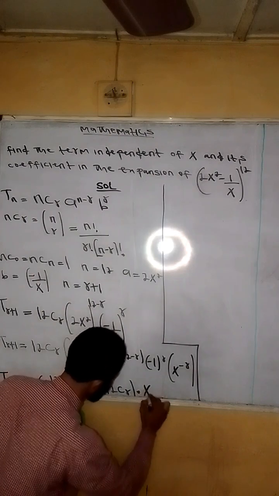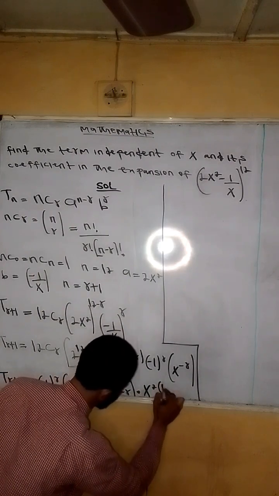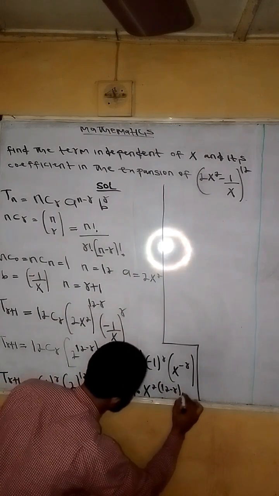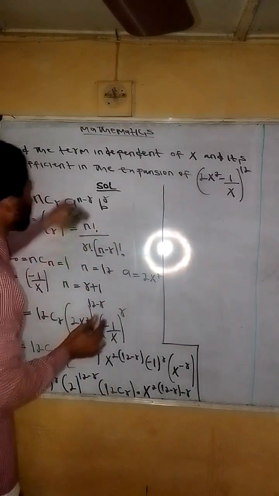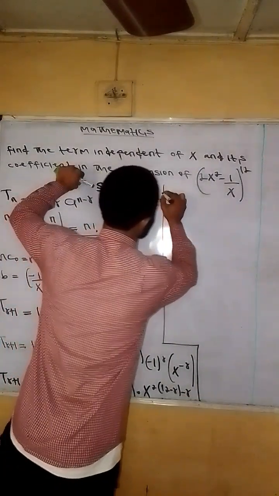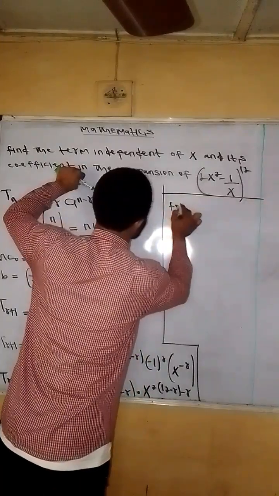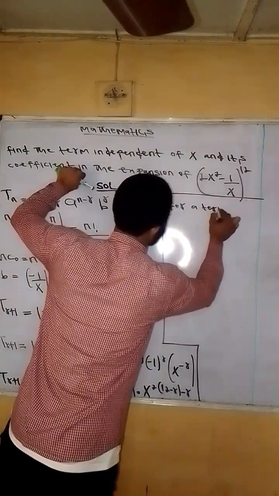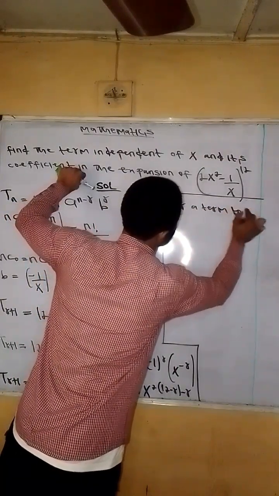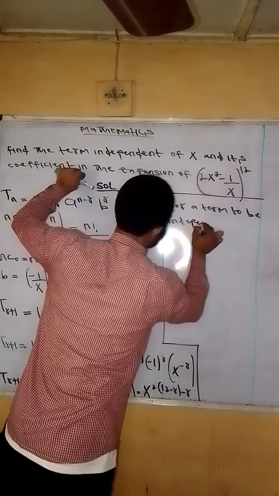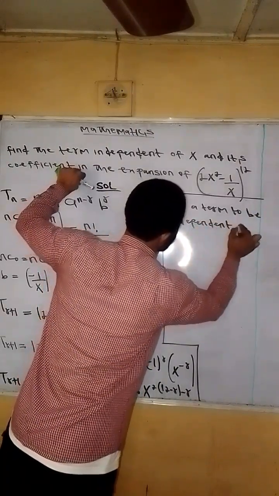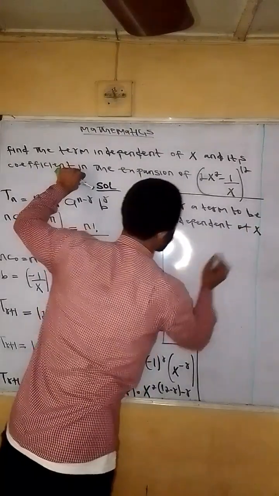We just add their powers according to the laws of indices. We are going to have 12 minus r, we add their power. For a term, let's continue from here. For a term to be independent of s,